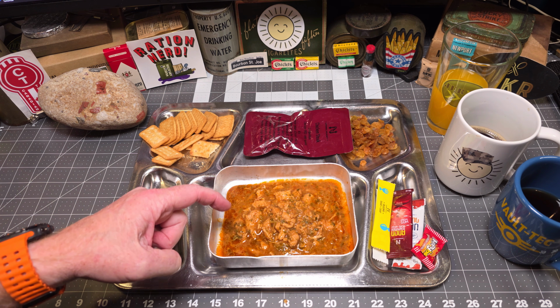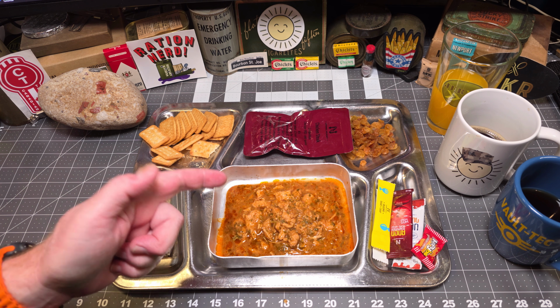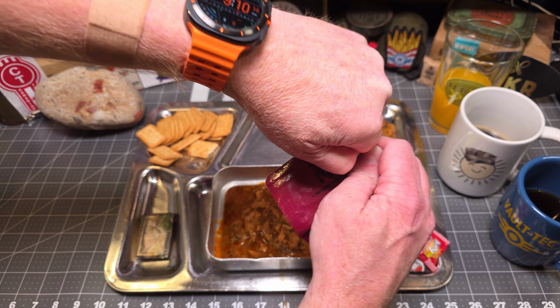Not a huge portion. The smell coming off this smells delicious. You can definitely smell the chicken, the onion, the coriander, or cilantro. You can definitely smell bay leaves in it. It smells delicious. All right, I don't know what this chicken steak is because there's chicken in the dish, so